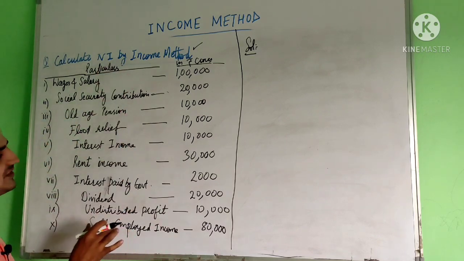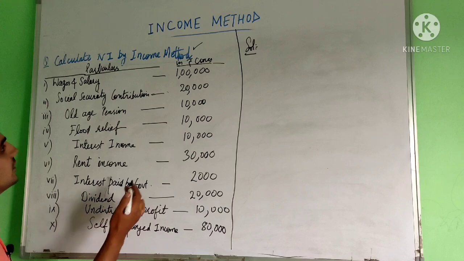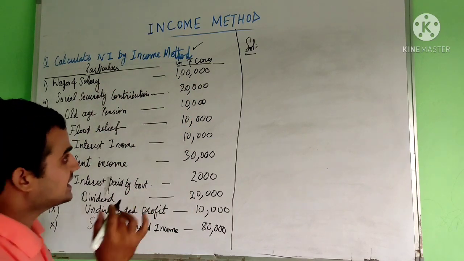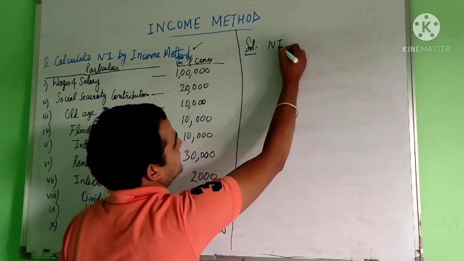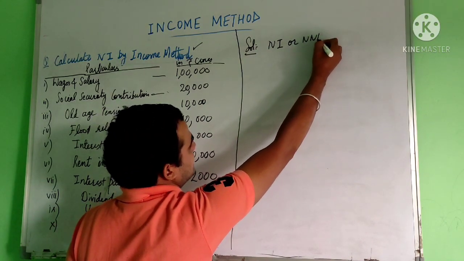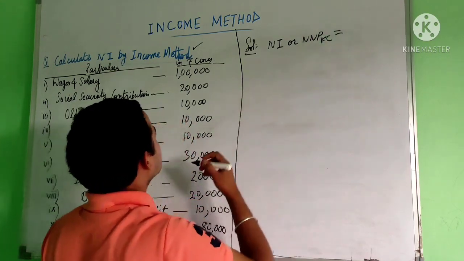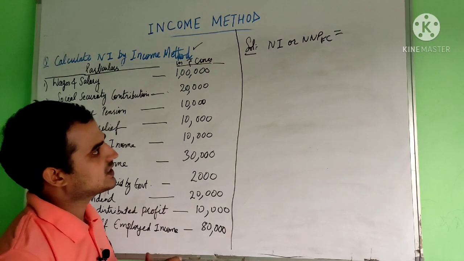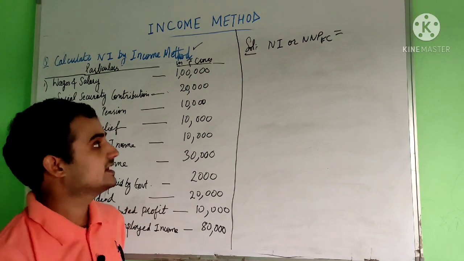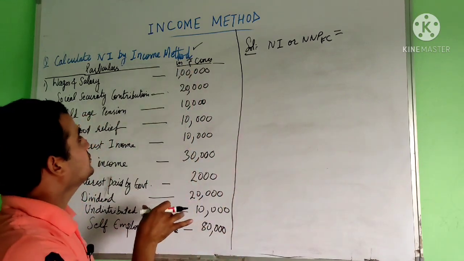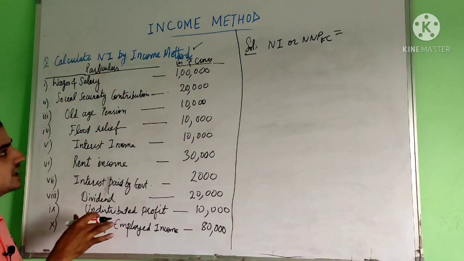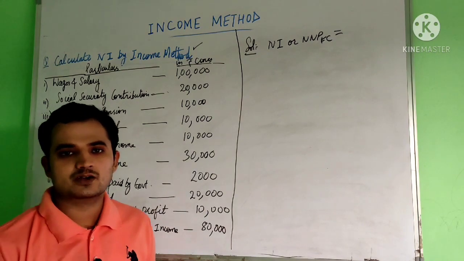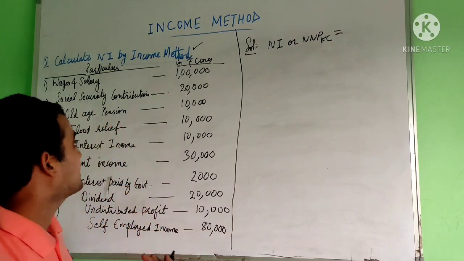See, these are the different variables which are already given to you. The figures are in crore. Now look, you have to calculate net national product at factor cost, or national income, which is equal to domestic income plus NFIA. Now you need to add the different terms which are given here, but what we are going to add and what we will leave, we have to see here.